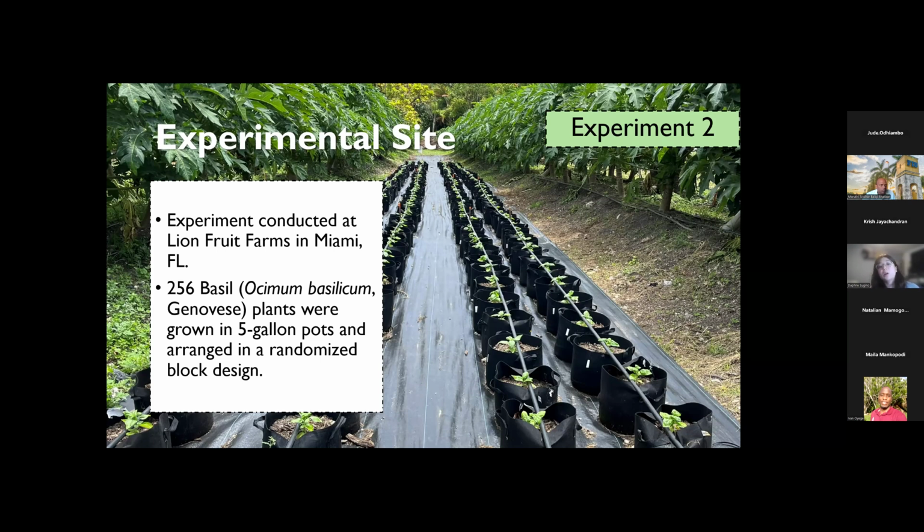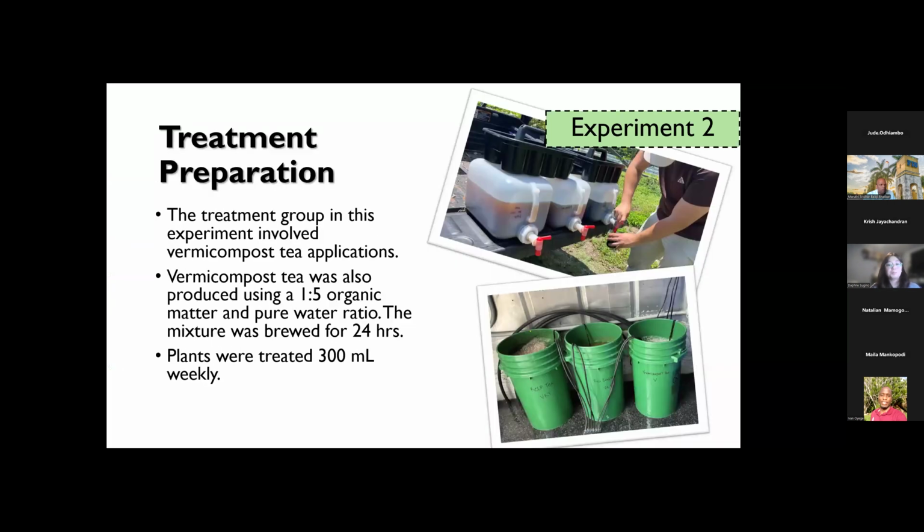Plants were also spaced 16 inches from each other. Even though it may not look like that in the picture, they are spaced 16 inches from each other to decrease shading competition among the plants. And this picture that I have right here is exactly how all my plants were arranged. You can't see it very well, but there are little tags that would help me identify what treatment each one was, because I did actually have to hand water these plants when I was distributing the fertilizing treatments.